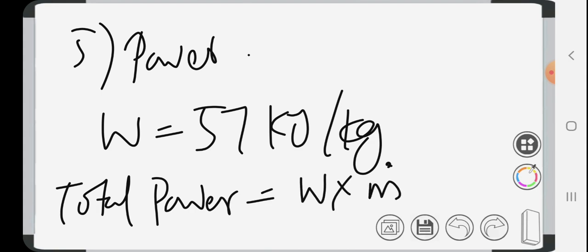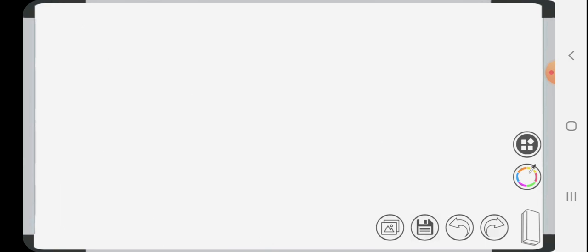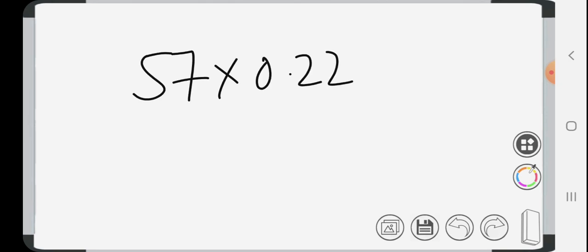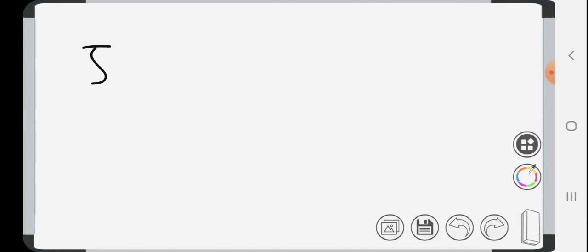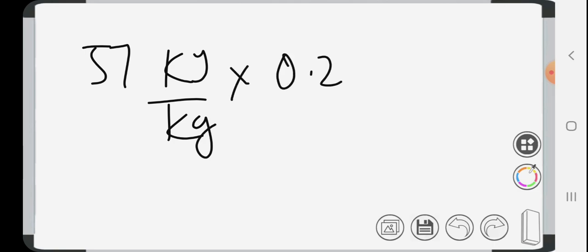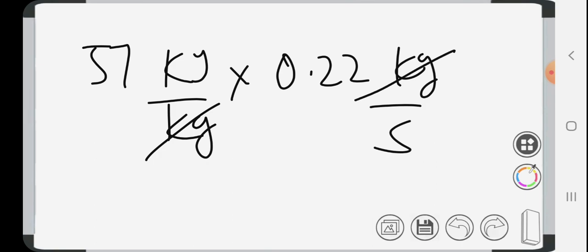Since this is for 1 unit of mass and we have some 0.22 unit of mass, total power will be W into m dot. So 57 kilojoule per kilogram into 0.22 kilogram per second will give you